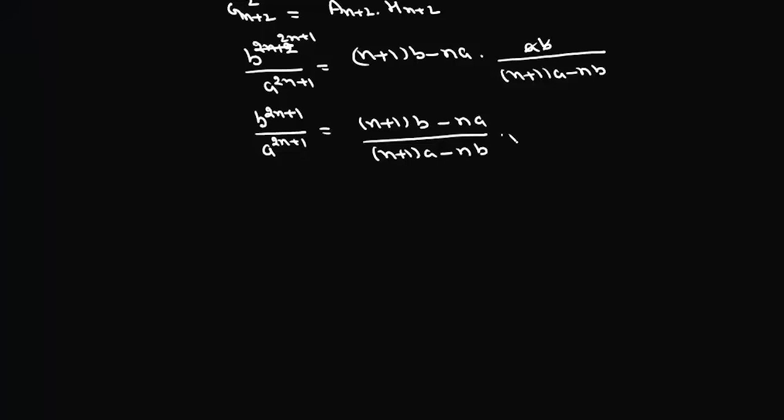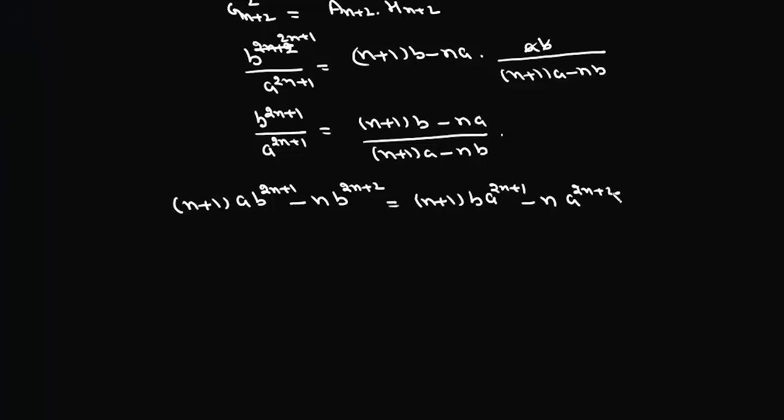What we'll do is we'll cross multiply. So we can write (n+1)a b to the power 2n+1 minus n b to the power 2n+2, and it will be equal to (n+1)b into a to the power 2n+1 minus n a to the power 2n+2. Now we'll take terms of n+1 together and n together. So we can write n+1, and here we'll take ab common. So if we take ab common, we'll get b to the power 2n minus a to the power 2n,